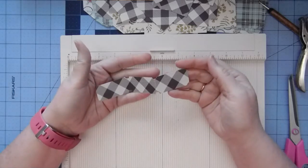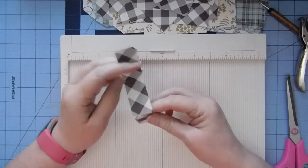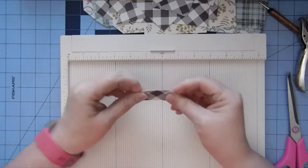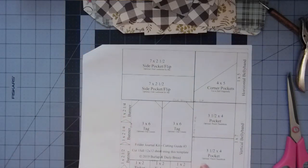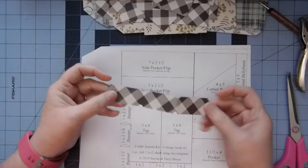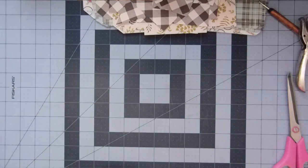And you can leave them like this, or you can cut them apart. This time I thought I might want to leave them because, you know, I like to sometimes just tuck them in a pocket and have the piece hanging out. There's all kinds of things you can do with the tickets. But if you want to cut them apart, they're 1 by 2. That's what I have on the cutting guide. But if you don't, you don't have to. You can leave them together, punch them all at the same time, just score it 2 inches or cut it 2 inches, your choice. So there we go. Now that is all we need to do for the cutting. And now we have